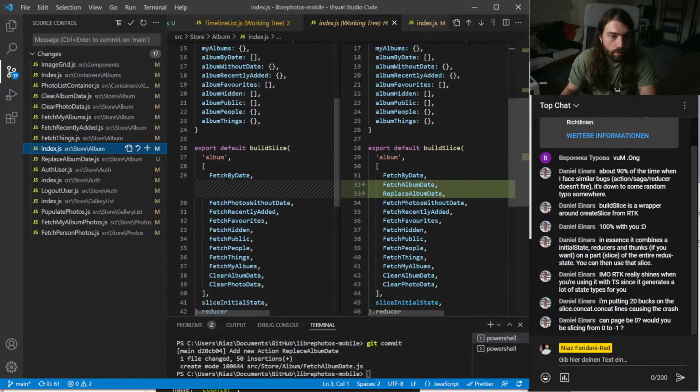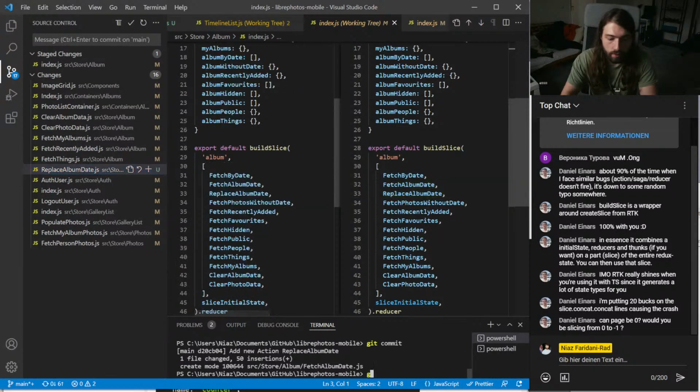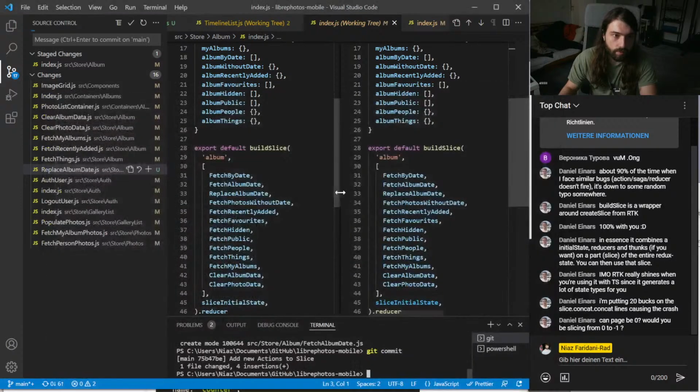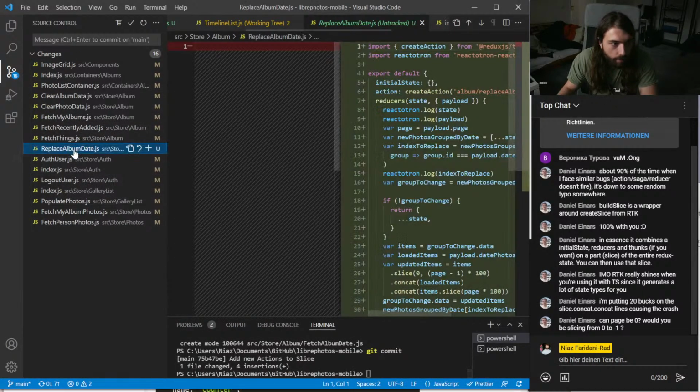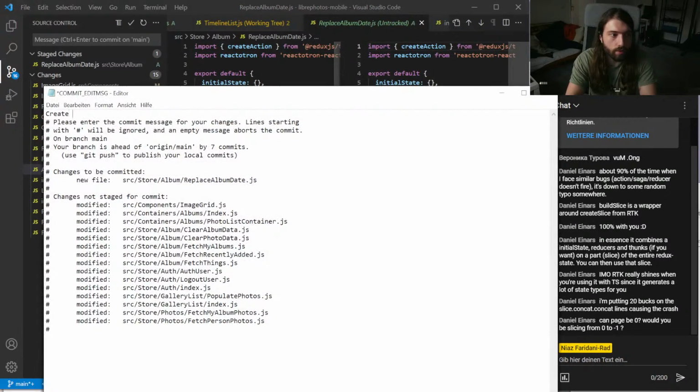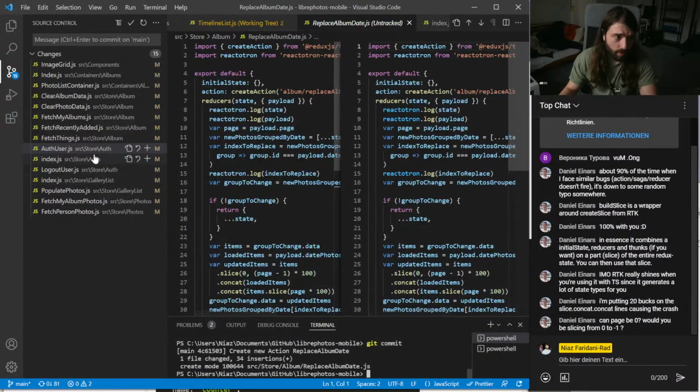Okay. Stage changes. Git commit, add new actions to slice. All right. Stage changes, git commit, create new action, replace album date. I'm still not that happy about the naming, but I'm happy that it works.